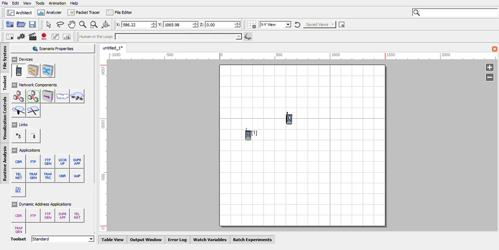See here, 2, 3, and observe the numbers. These numbers go on increasing, and remember, these numbers will be unique for a node, and they will act like a node identifier, or like an IP address. Since I need a star topology, I have placed these nodes in a star fashion.